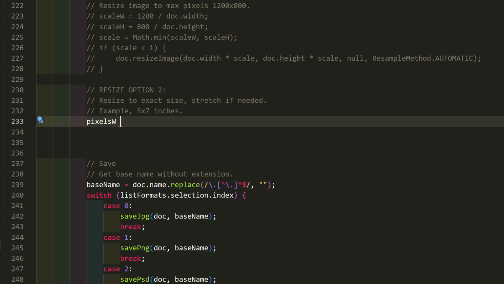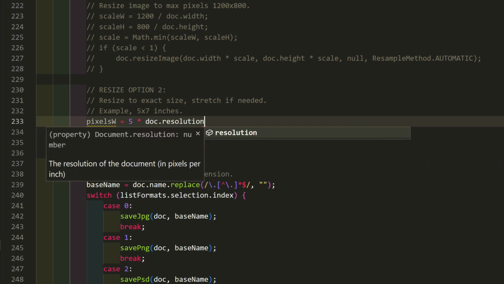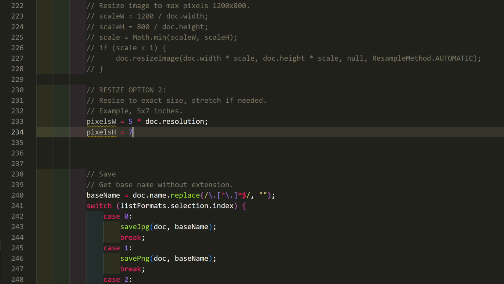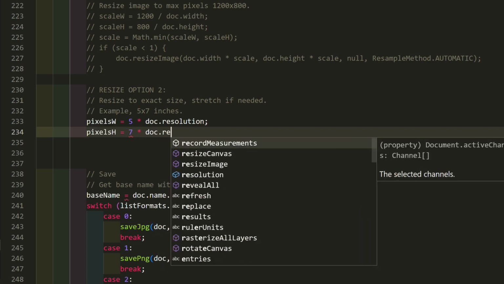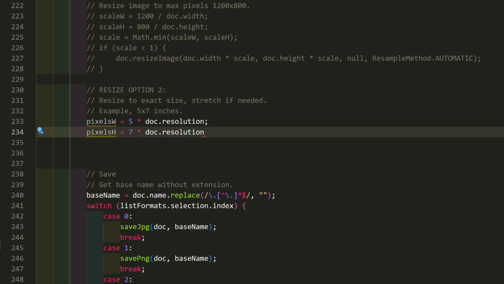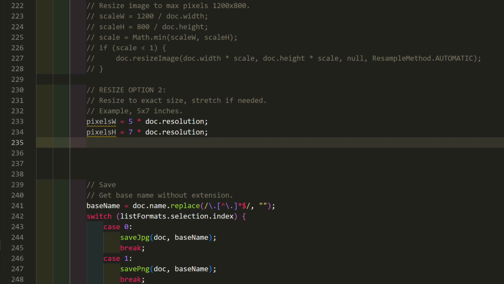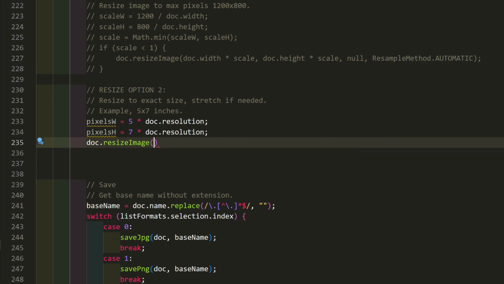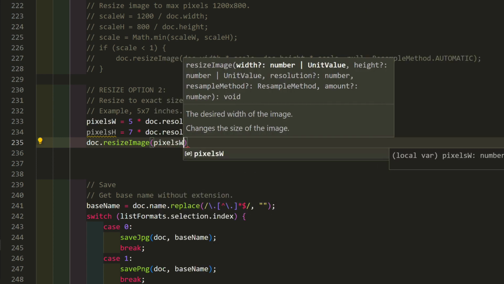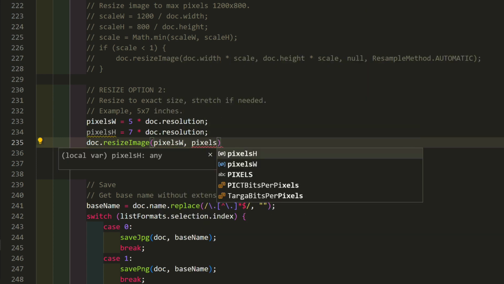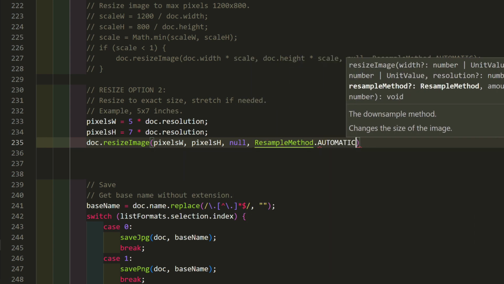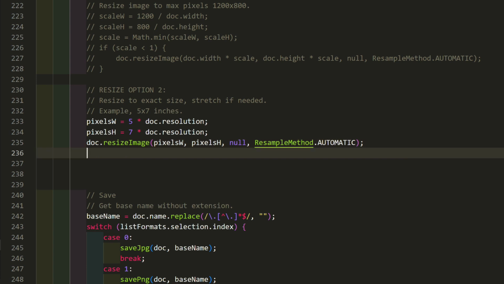pixelsW equals 5 times doc.resolution. pixelsH equals 7 times doc.resolution. Then resize the image to those pixel values. doc.resizeImage(pixelsW, pixelsH, null, ResampleMethod.AUTOMATIC).